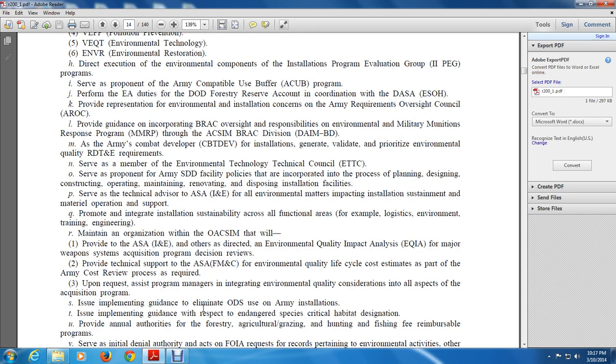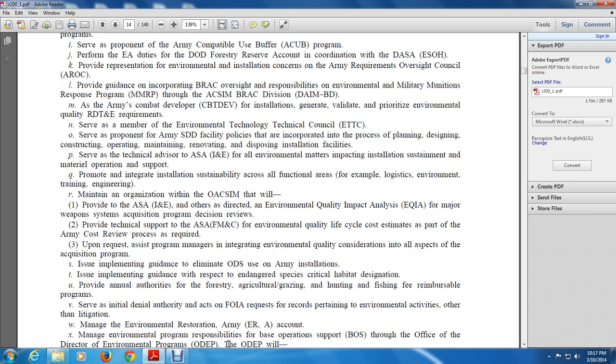The implementation of the guidance to eliminate ODS use on Army installations: issue implementation guidance with respect to endangered species and critical habitat designation, provide annual authorities for the forestry, agricultural, grazing, hunting, and fishing fee reimbursement program, and serve as initial denial authority for FOIA requests of records pertaining to environmental activities other than litigation, management, and environmental restoration,